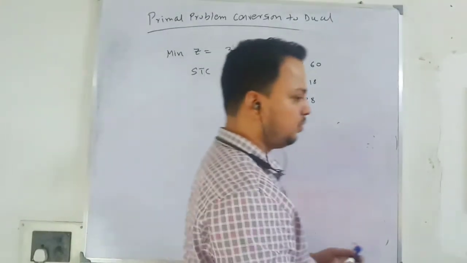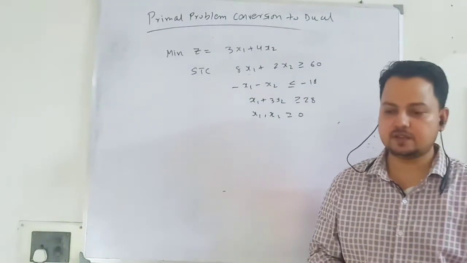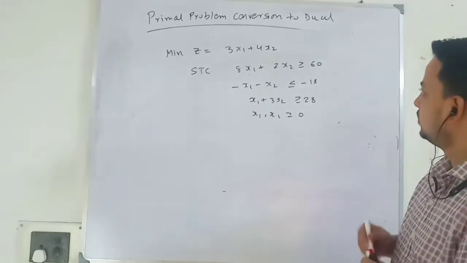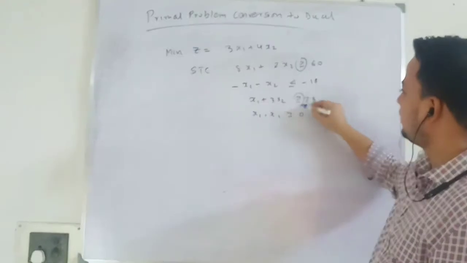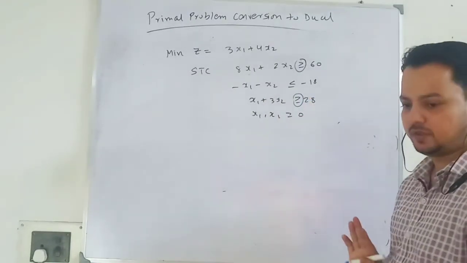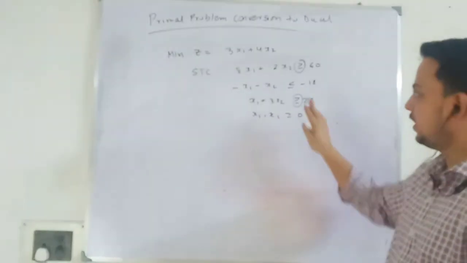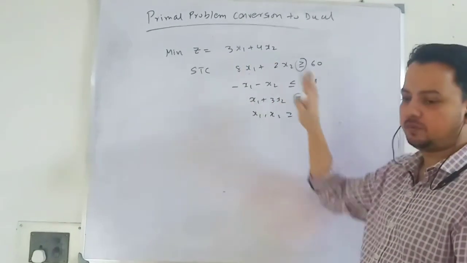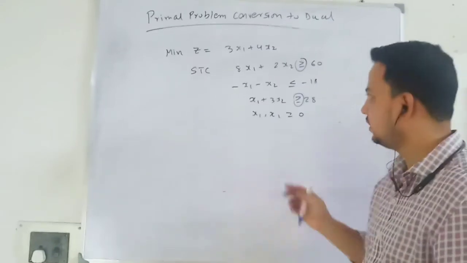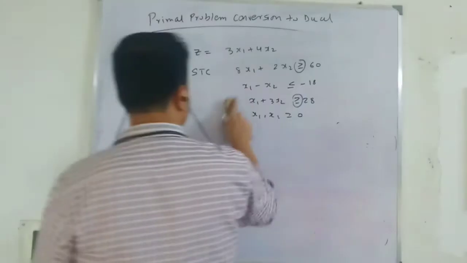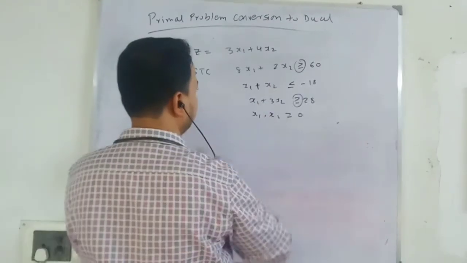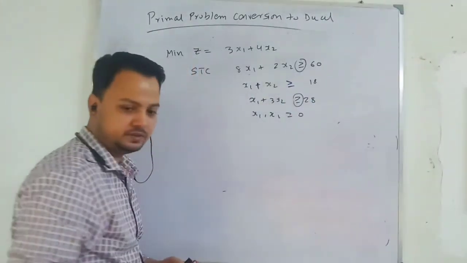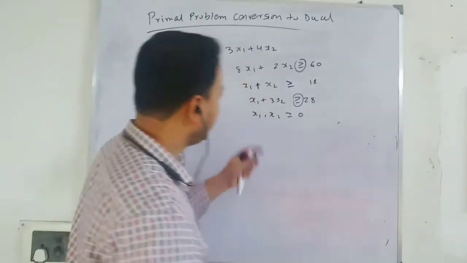In the case of minimization, what you require, less than equal to or greater than equal to? So here I have greater than equal to, here I have greater than equal to, that means I have to convert this one. So when I convert this into greater than equal to, I convert this primal problem into standard form. Okay, do it. You have the solution already. This will be plus, this will be greater than equal to 80. Done, everyone?